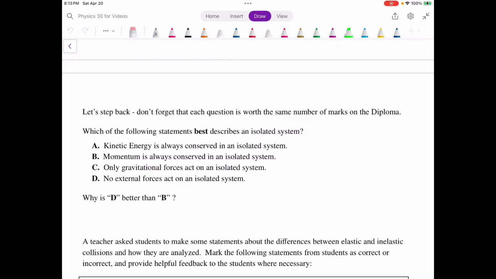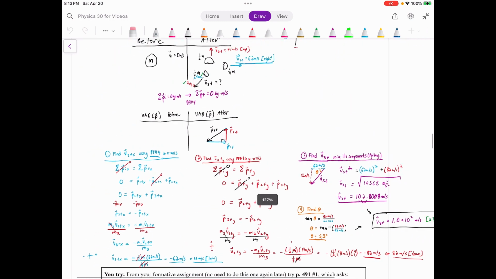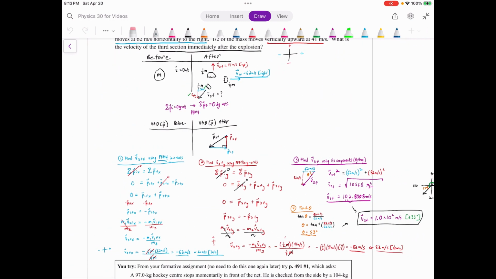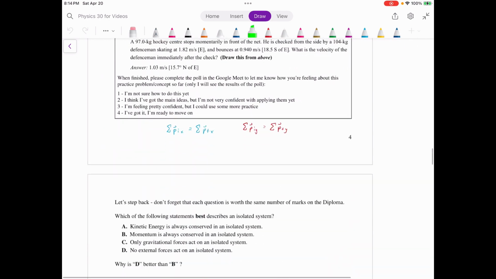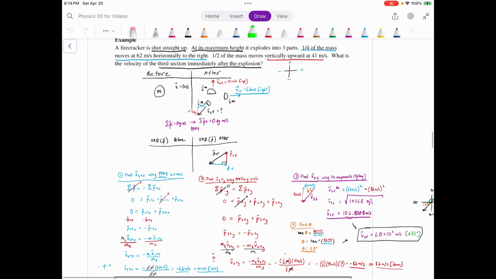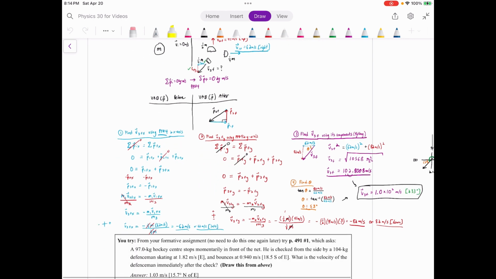All right, so just a reminder here, folks. I know these get long, they can take some time. Keep in mind this on the diploma would be worth 1 mark. Every question on the diploma is worth 1 mark. They took written response off the Physics 30 diploma, so it's all multiple choice and numeric. Now, that's not to say don't try it. But if you're getting stuck on one, if it's bogging you down, if you're taking a long time and you don't feel like you're getting anywhere with one like this,